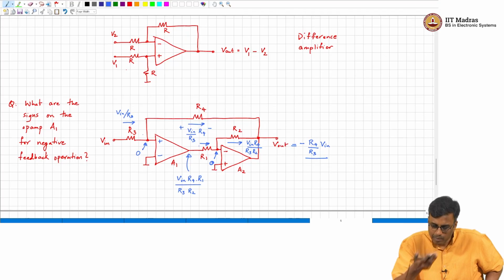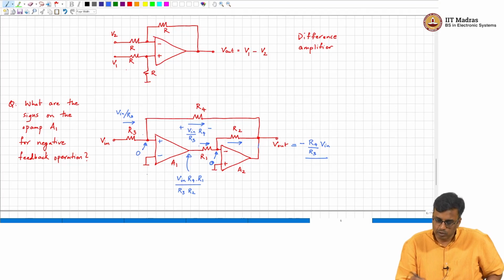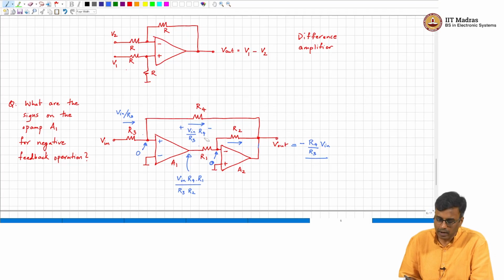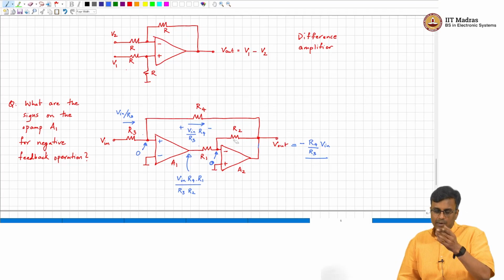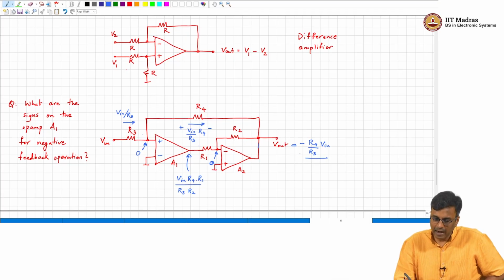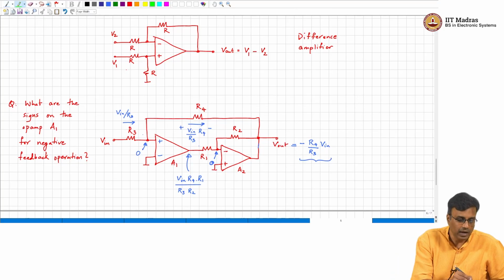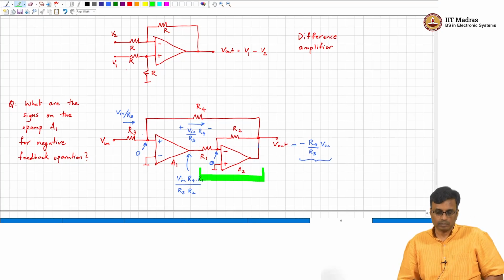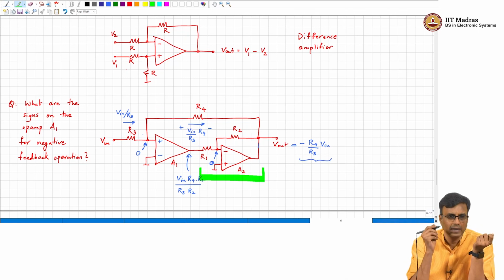Okay. And someone basically said, well, I do not need to do all that, I can look at it and tell you. That is also fine once you are familiar with all this. It is easy to look at. So let me explain that. He says the output is minus R4 by R3 times Vin. The next step is to recognize that this is what kind of amplifier? Inverting amplifier with a gain